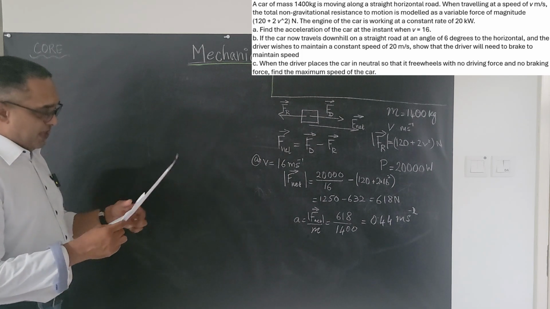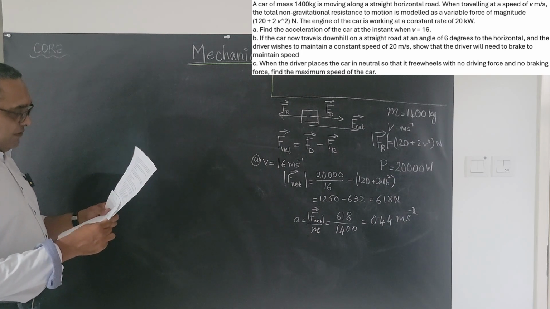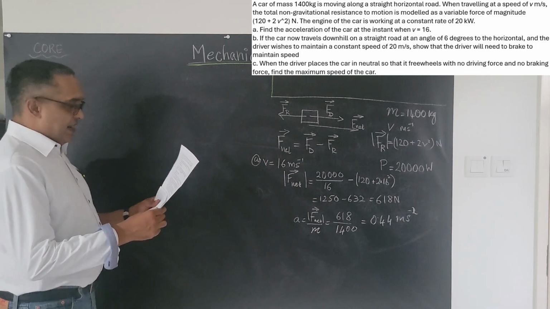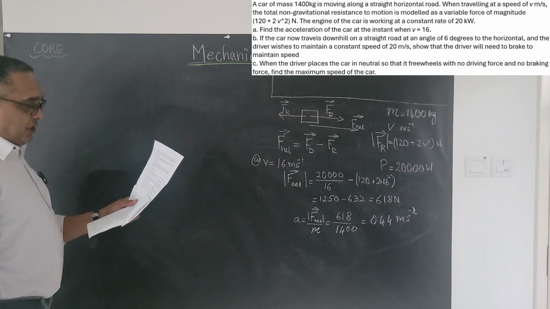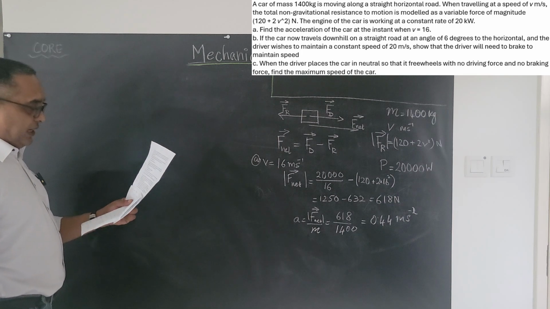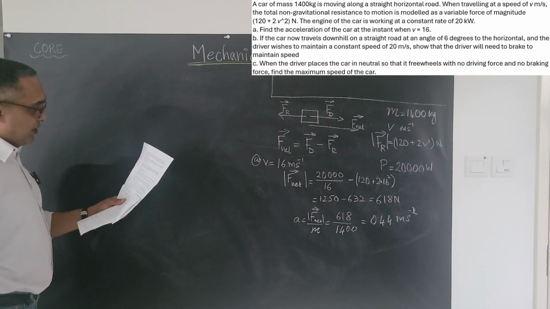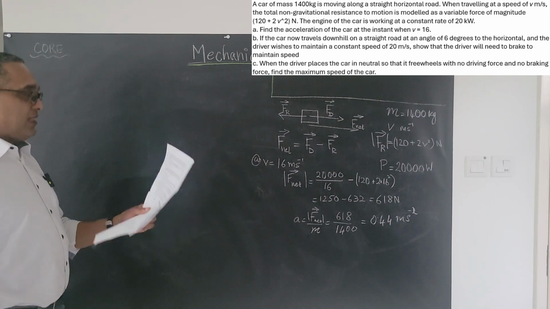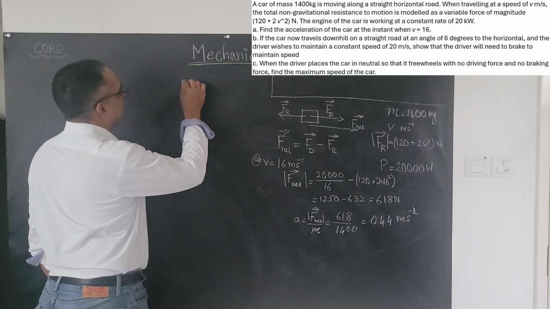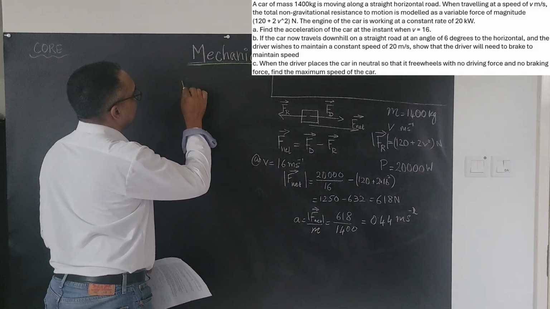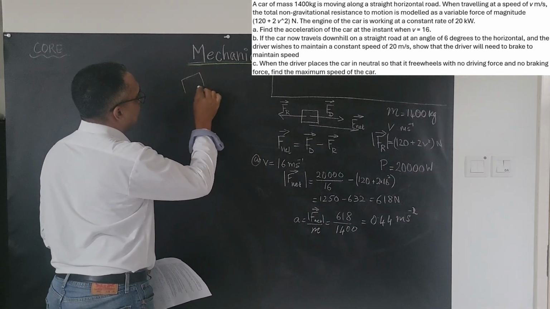Part 2, if you look up there, the car now travels downhill on a straight road at an angle of 6 degrees to the horizontal. The driver wishes to maintain a constant speed of 20 meters per second. Show that the driver needs to brake. Again, let us go to a free body diagram. Let us now do this. What's going on? We will now make a slightly exaggerated